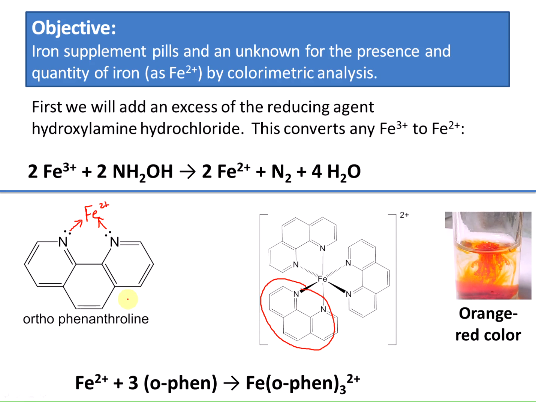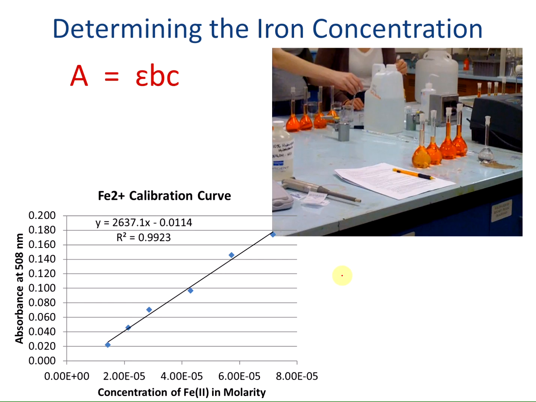So again, we're adding the phenanthroline to make the iron colored so that we can easily measure the concentration from the intensity of the color. So one of the things that we'll need to do is we'll take several solutions of known concentration of iron, and we're going to measure the absorbance of them, and we're going to create this trend line here. So this is our calibration curve, and from the calibration curve we will get a trend line. So this y equals mx plus b,